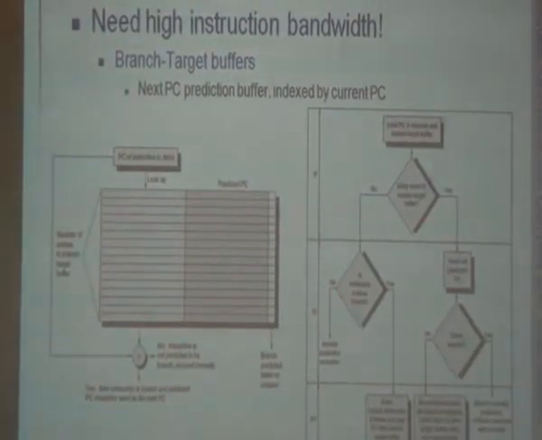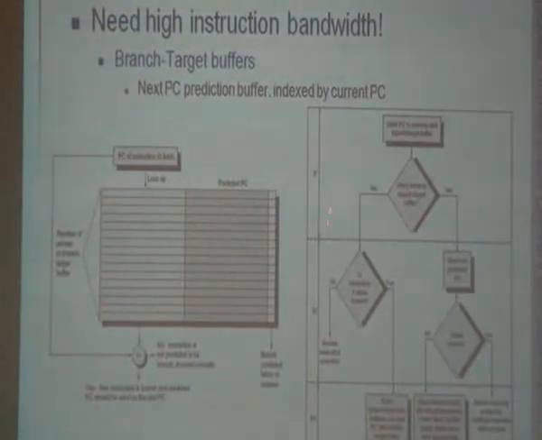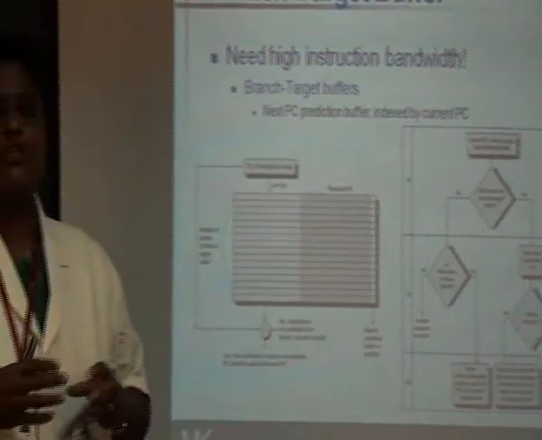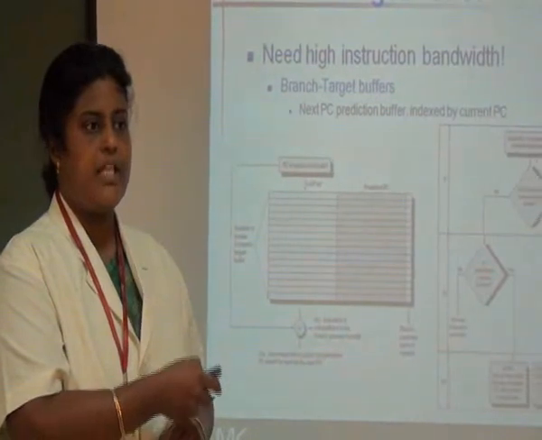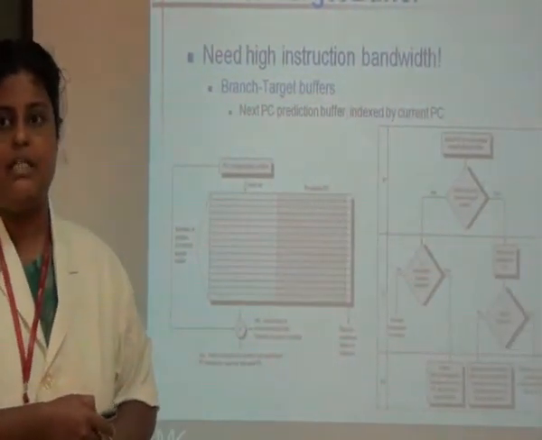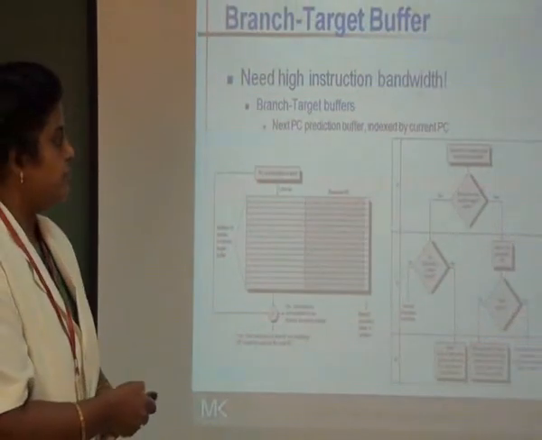Now when you look into the actual flow chart, it sends the PC to the memory and the branch target buffer. Suppose you execute an instruction, the present content of the program counter must be immediately sent to the memory, and we must have a copy of the program counter content in the memory, because we have to fetch the program counter content once again after completion of the prediction process. So first of all, let us store the program counter into the memory and the branch target buffer value also into the memory over here.